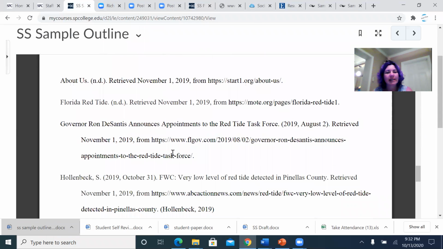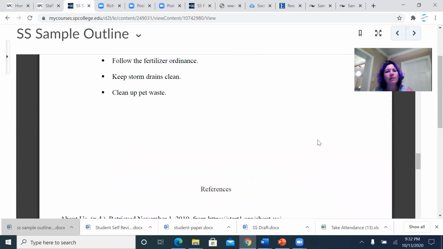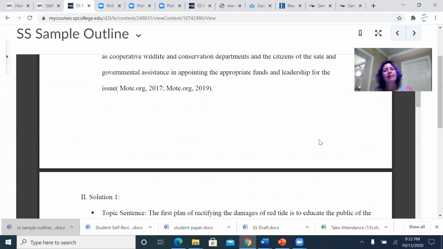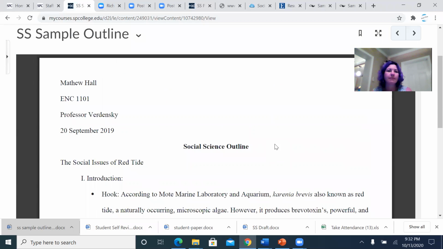Then the student has listed their sources. All sources should be in alphabetical hanging indent following APA format. So the first two here might need a little modifications, a little editing, but the second two appear to follow APA formatting. Remember, always use OWL. OWL stands for Online Writing Lab with Purdue University. If we utilize OWL, it will provide the most up-to-date and reliable information.